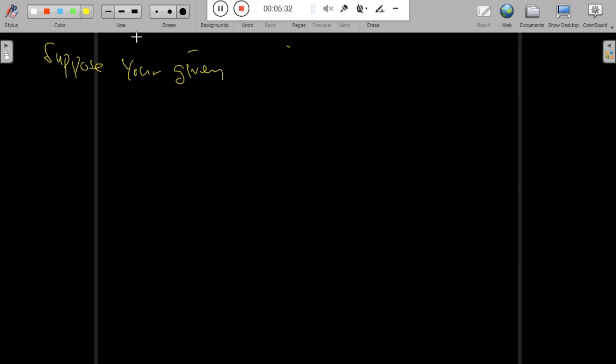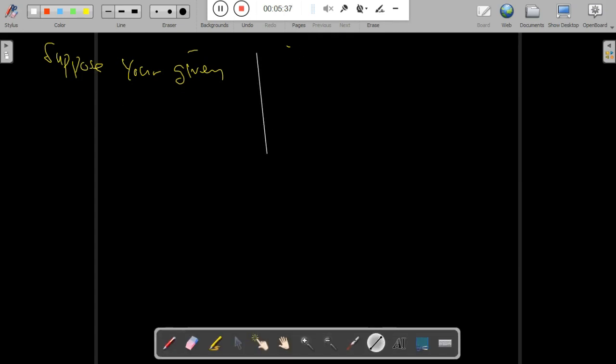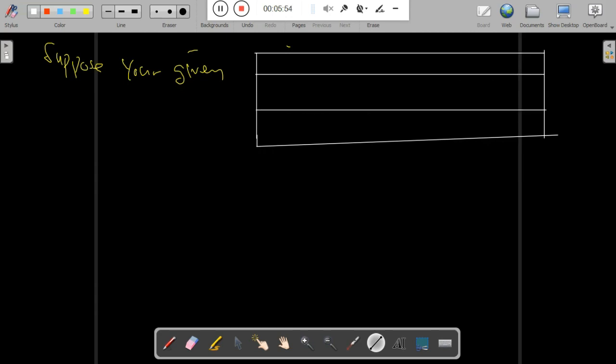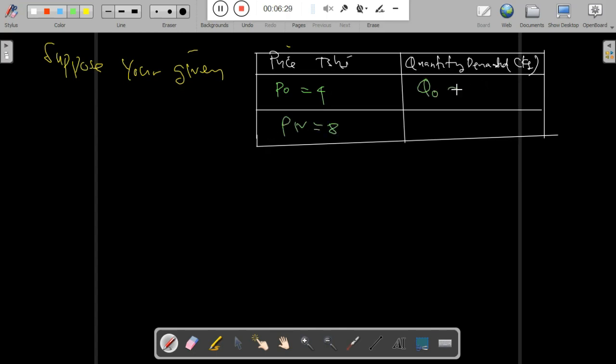Suppose you are given this table of data sets with the price level in Tanzania shillings. The table gives Po, that is the old base year price, which is 4, and Pn, the price of the current year, which is 8, and we have Qo, that is 10, and